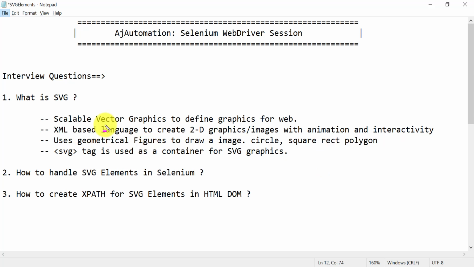So how do we have these SVG elements in our HTML web page? For creating these SVG graphics, we use the SVG tag. This SVG tag will act as a parent, and inside this parent tag we can have different tags. This SVG tag can be a separate tag in your HTML DOM, or it can be under an iframe. As per the business logic, they can embed this SVG tag inside the iframe. That means another HTML web page embedded in another web page. So you can have a separate HTML web page with the SVG elements only, as per your requirement.